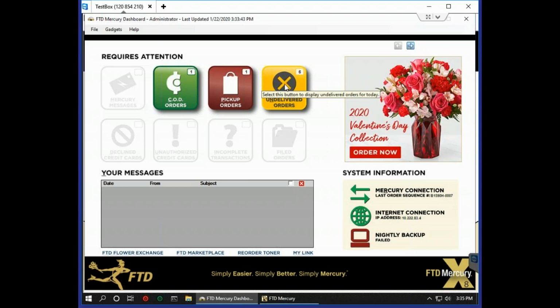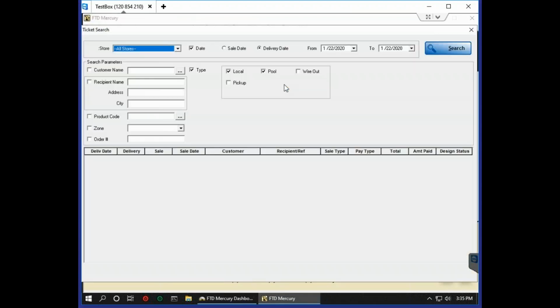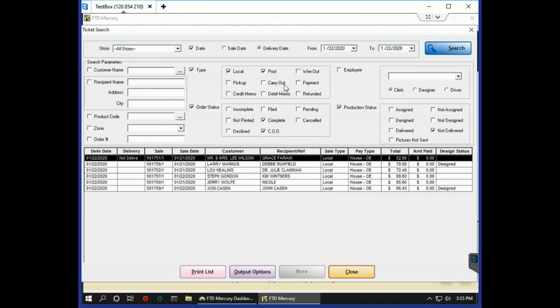So when you click on this and you click on undelivered orders, it will display the ticket search. And since this one we said it wasn't delivered, it's still set to not delivered up here. But everything else, these haven't been marked delivered. So if you want, you can mark it delivered from here by highlighting the order, clicking on the arrow next to delivery, and